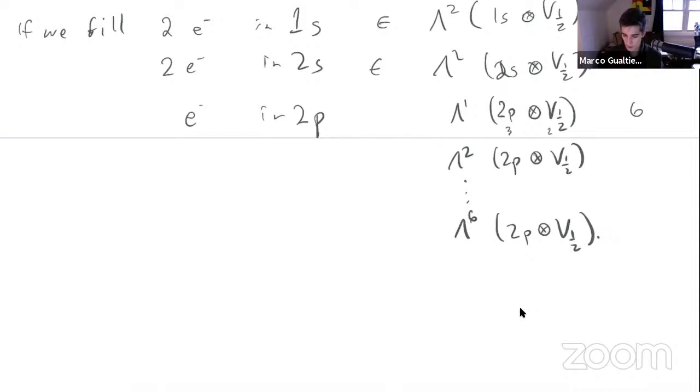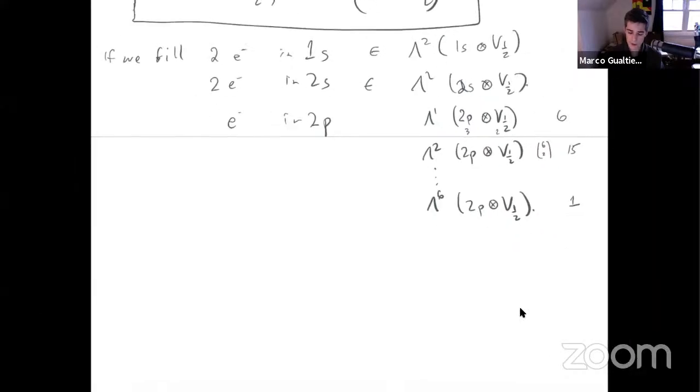This has dimension 6 choose 2, 6 times 5 over 2, so that's 15. And all the way up to here, which is 1. So if you calculate these, you'll see that it runs out after this. You cannot put more than 6. Wedge 7 is 0. So there's a possibility now of adding 6 electrons into the 2p orbital,